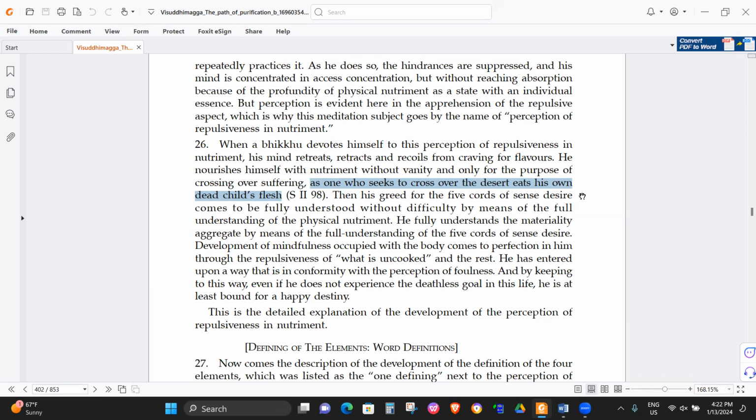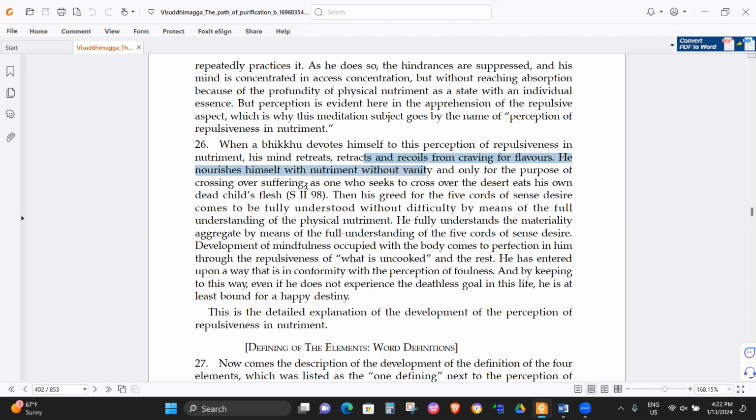No craving. Yes, that's the key point. It's a very extreme condition, so they had no food. Finally, because the child had already passed away, they used the child's body and ate it to survive. But at that time when they ate it, there was definitely no craving. So that's why this is trying to say he should nourish himself with nutriment without vanity, without pride,